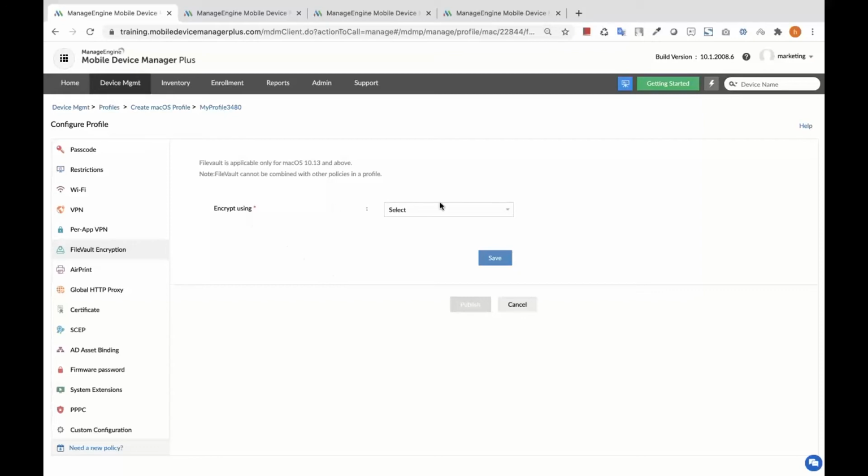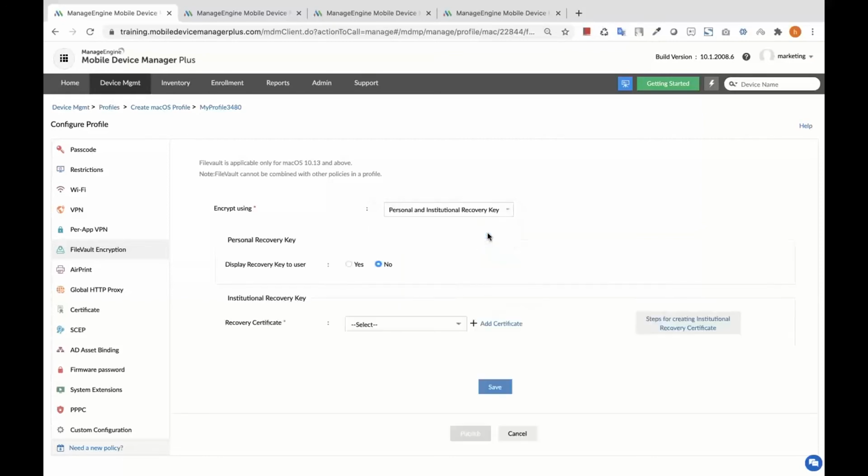So here you can encrypt the data using either a personal recovery key, institutional recovery key, or personal and institutional recovery key. The personal and institutional recovery key is the option that we recommend. So once you encrypt a device, all the data that is stored on this device gets scrambled, ensuring that it makes no sense to unauthorized users. But when the authorized user enters his password, all of the data gets decrypted and comes back into the normal